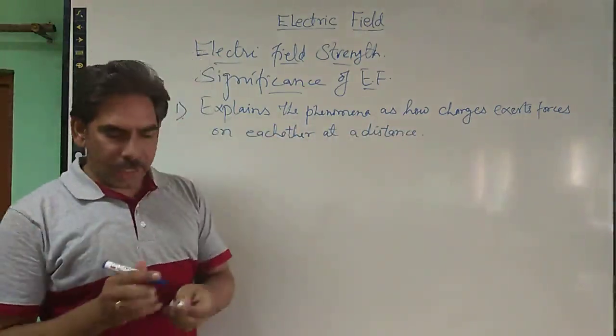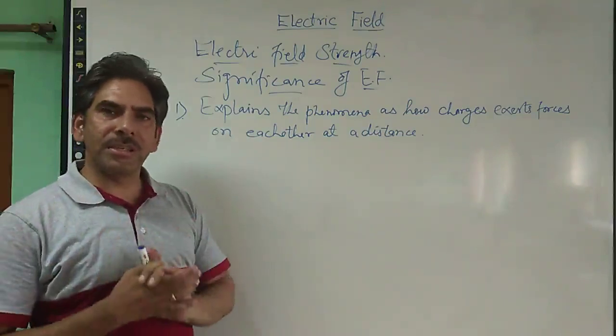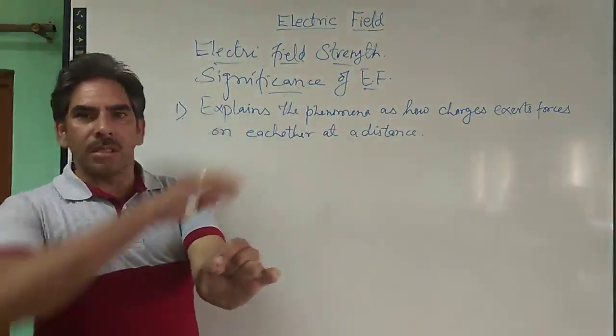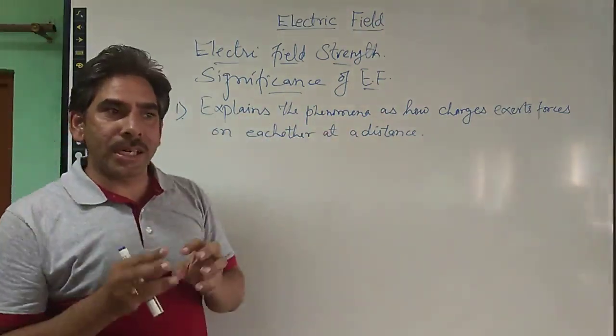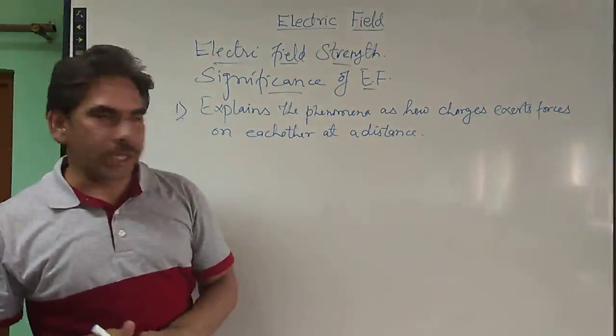As we have discussed earlier, the concept of electric field involves two steps. In the first step, it is assumed that whenever a charge is brought to a space, free space, it starts influencing that space. It starts creating its influence. That influence is the property of this source charge.